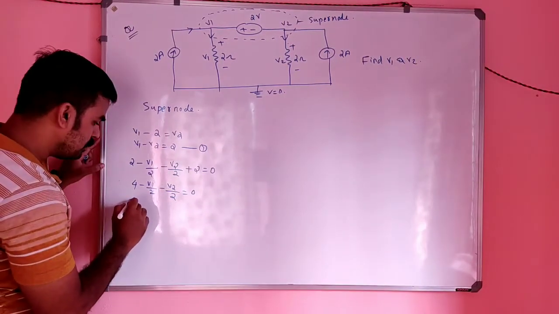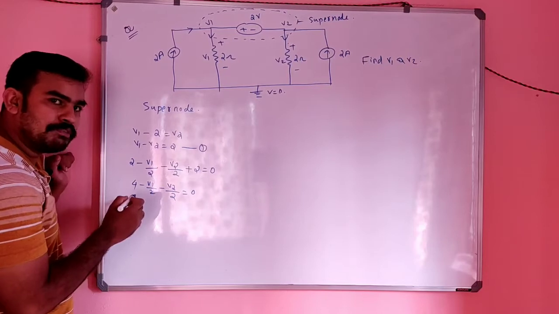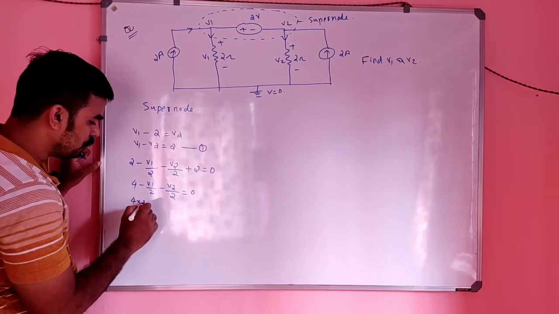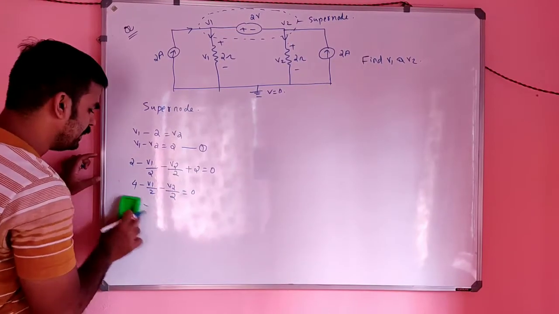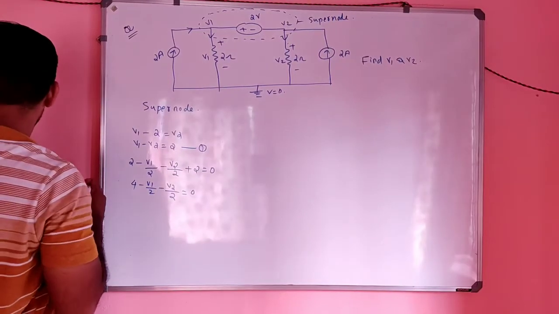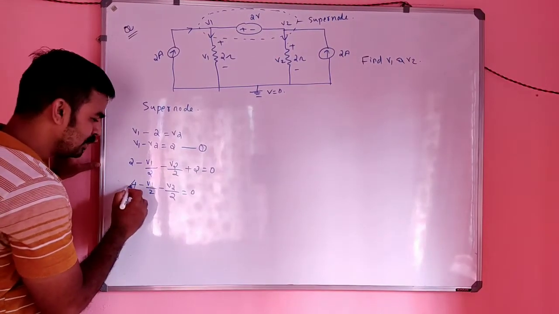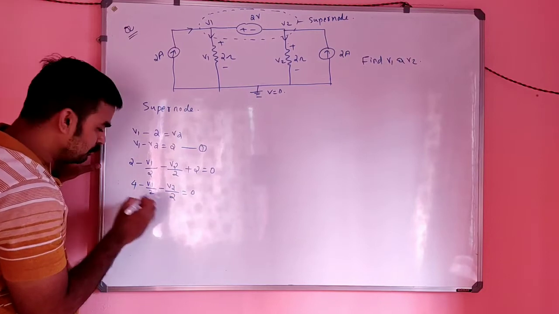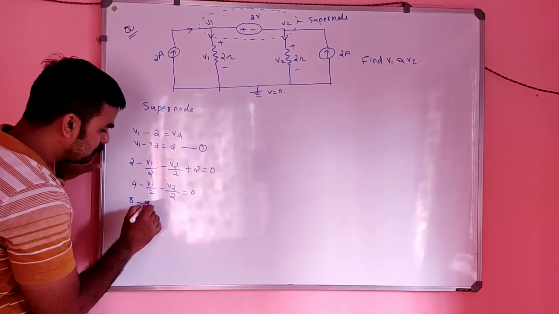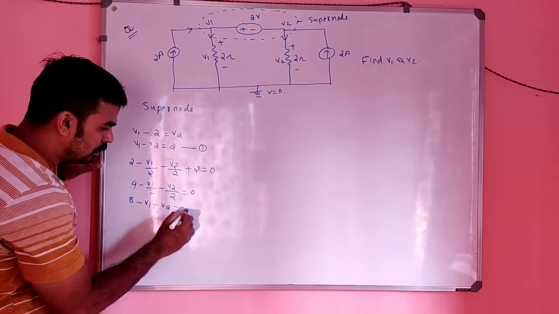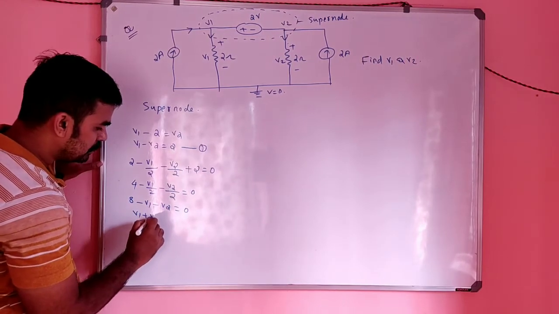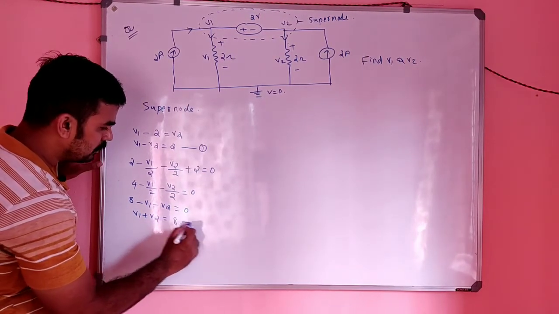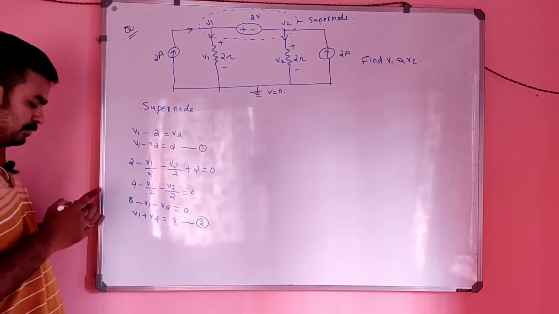Or simply, you can multiply the 4 by 2 on both sides, no? 4 into 2 will become 8, no? Directly you can write 8, no issues there. You are masters in mathematics now. You can multiply both sides by 2. So it becomes 8 minus V1 minus V2 equal to 0, or simply V1 plus V2 equal to 8. That is equation number 2.